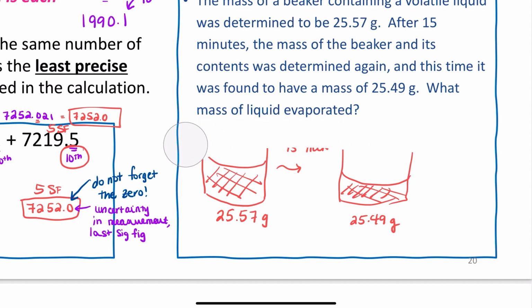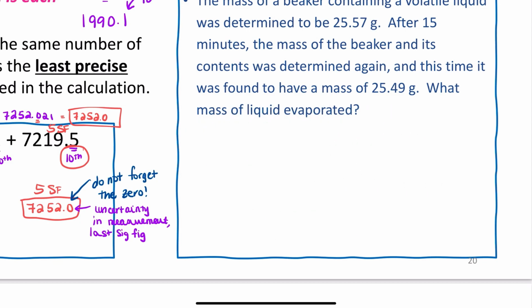That's because, again, the compound is volatile, and volatile means it easily escapes into the vapor phase. But it's asking me what mass of liquid evaporated. Most students can get that question correct because they just plug it in their calculator and don't think much about the answer. But what if instead of asking you what mass of liquid evaporated, I asked you how many sig figs does your final answer have? Students are going to mess that up. If you have